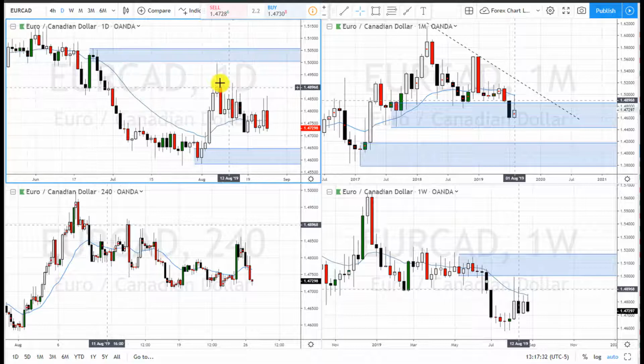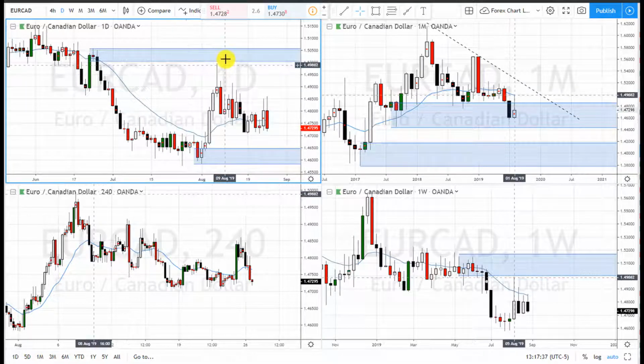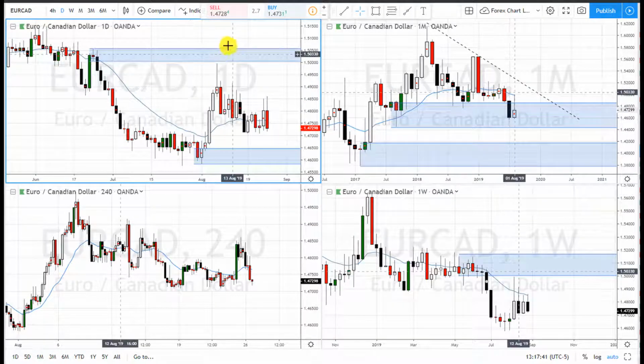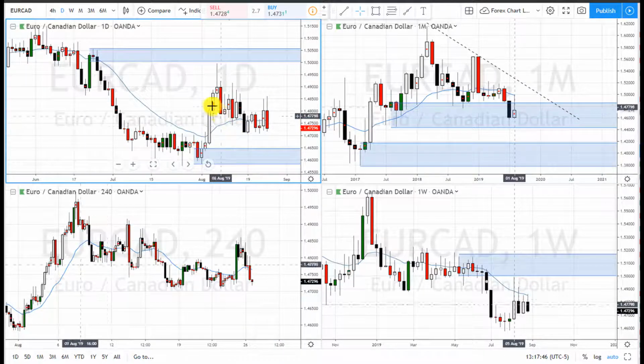But we can consider this that the zone has been reached, because this is the zone, but then it just didn't touch it. So